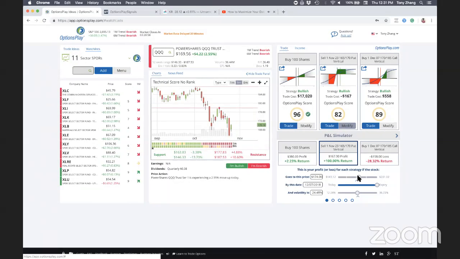So if I expect the stock to really take off, let's say you think the technology is going to bounce back and you think it's going to go to 178 or 180, then you can see how trading this debit spread is going to give you a better risk reward ratio than selling a credit spread, or even higher. As it goes higher and higher, this debit spread is able to take advantage of that, whereas the credit spread will still be capped at $1.67 in terms of absolute return. So that's really where you can utilize our tools to set up all different types of scenarios.